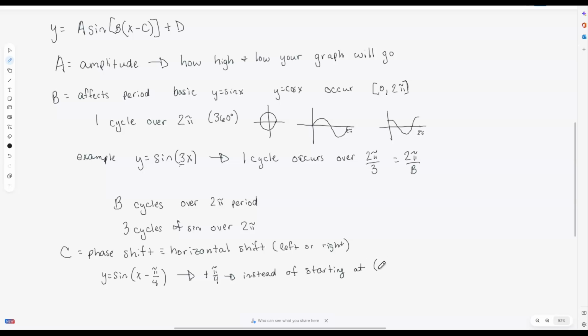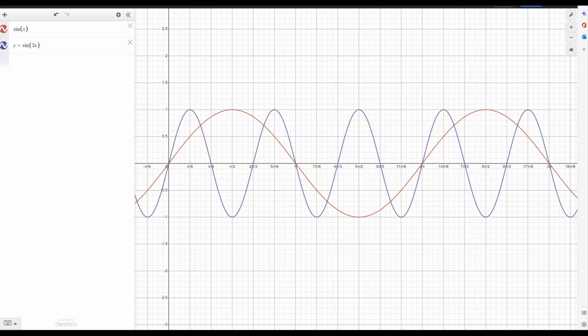So instead of starting at 0, this starts at 0 plus pi over 4. Okay, so that would mean, right, my function just starts at pi over 4. And so again, if we go back into your Desmos